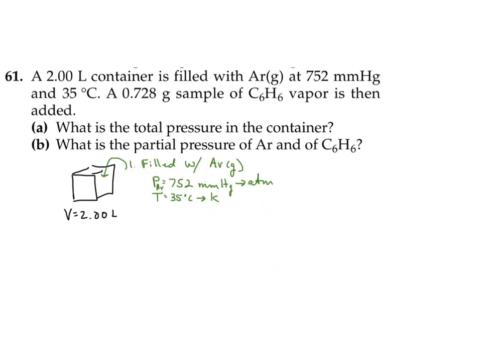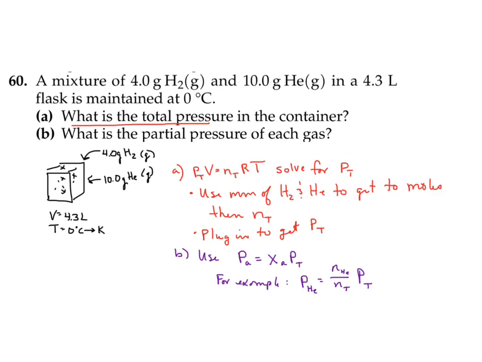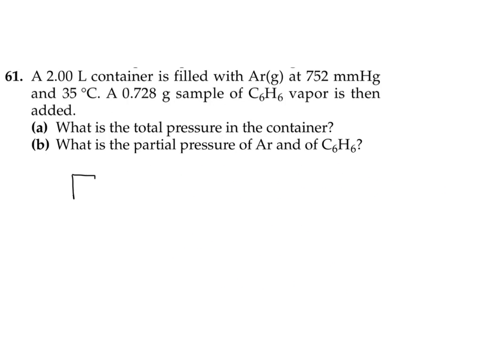Oops, sorry. So it's not too bad. It's basically what we just did. You're going to use the mass to get to the moles of the individual components, the hydrogen and the helium, come up with an nT value, okay? Plug it back in to solve for the total pressure. And then take the total pressure times the mole fraction of each component to get to the partial pressure of each component. That's okay. The next one